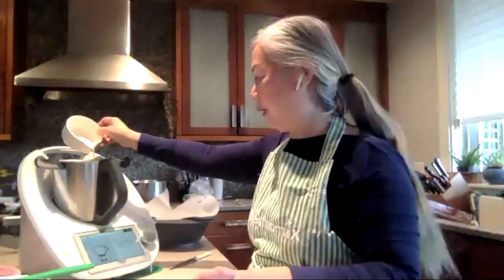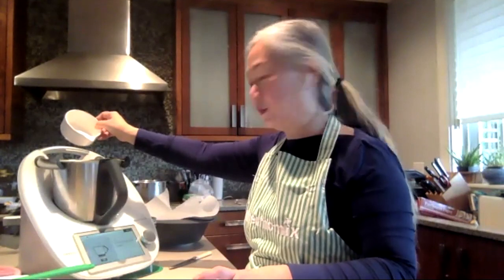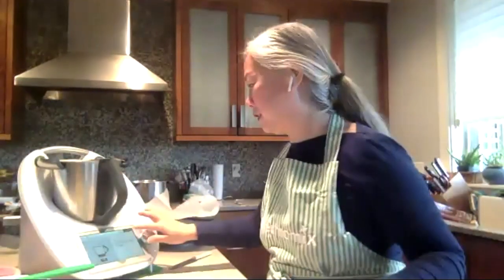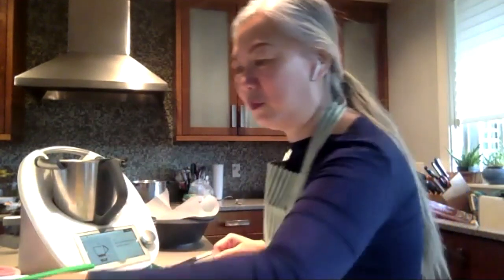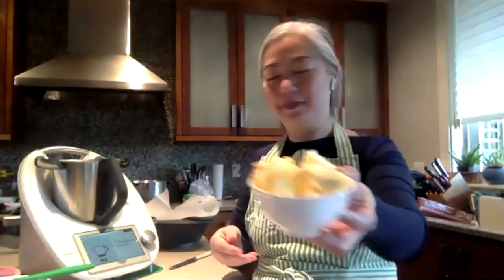How many of you have made hollandaise sauce from scratch? It can be a little nerve-wracking when you're doing it from scratch because it's very easy to split it, and then all of a sudden you get scrambled eggs in butter instead of just creamy hollandaise sauce. So this one will ask you for quite a lot of butter, 150 grams